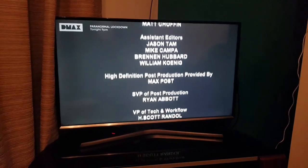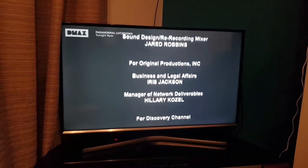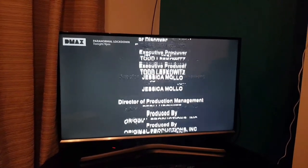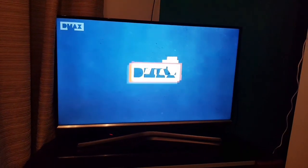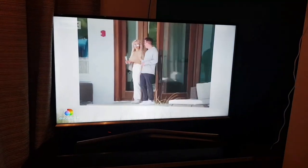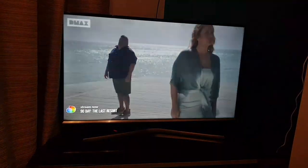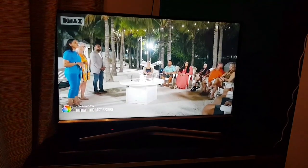So I've said I'm very impressed with it. Obviously with some channels you will find they're going to glitch. The weather systems outside are going to affect that. You can see that glitching now. That's on D Max. There are going to be some Freeview channels that are not going to be as clear as others. Certainly 1, 2, 3, 4, 5, the strongest channels that get broadcast are very good. But